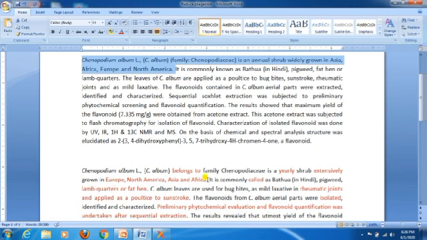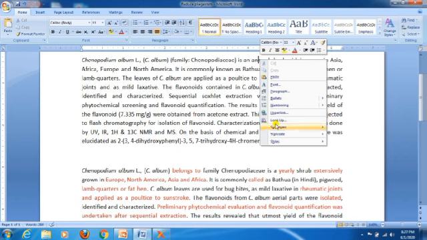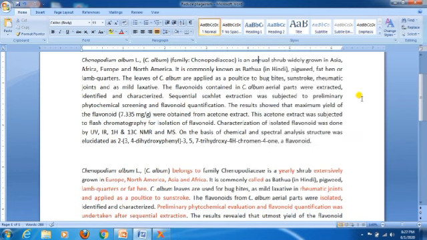Similarly, I have changed the order of the words, and in the first line I have provided synonyms. Annual is replaced with yearly, widely is replaced with extensively. These synonyms are suggested by the Word file only. Go to synonyms and you will have the options. You can select any of the options and write that option. In this way you can remove the words which are plagiarized initially.